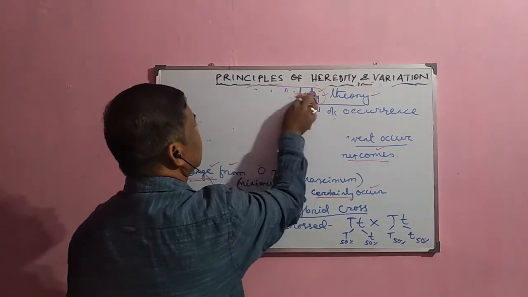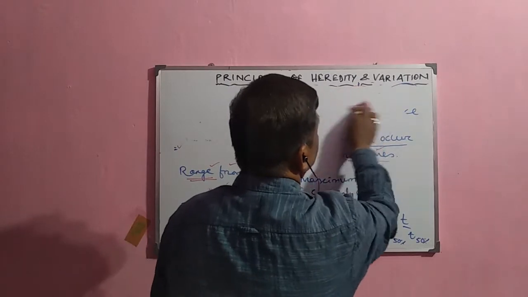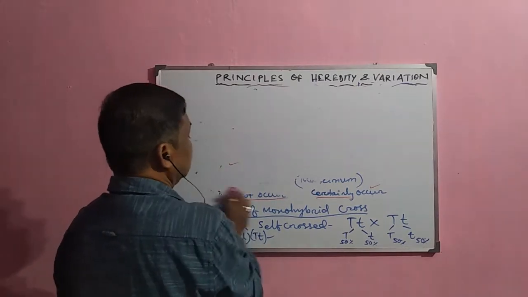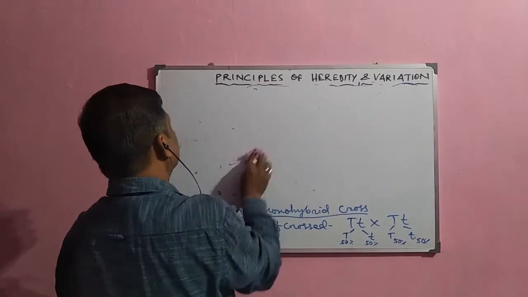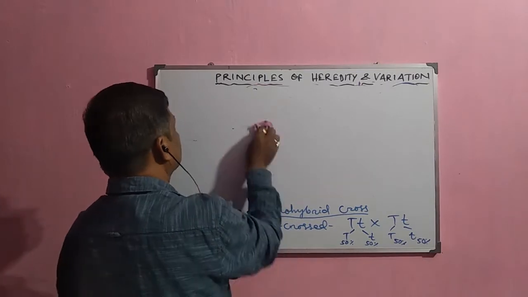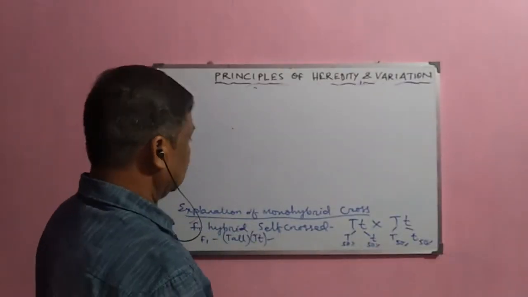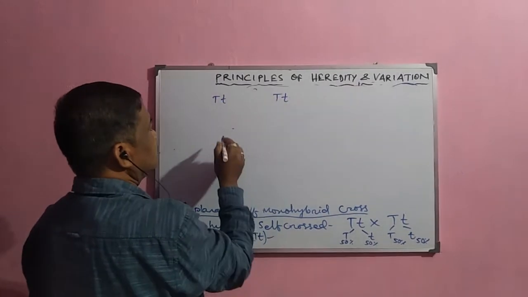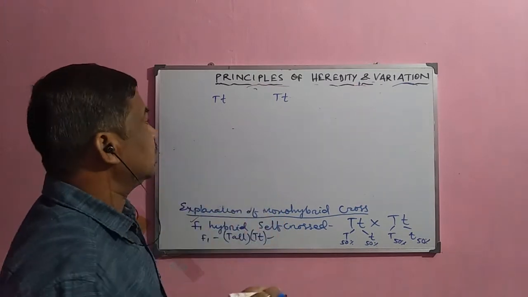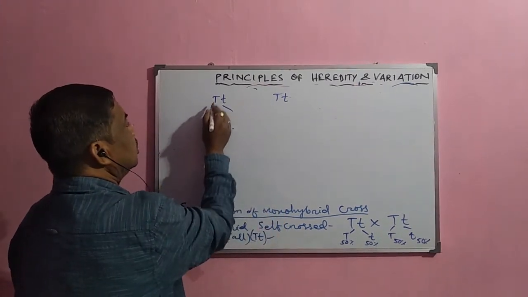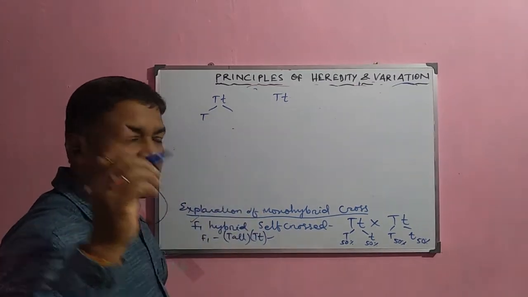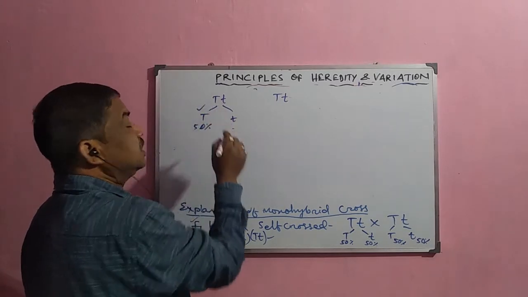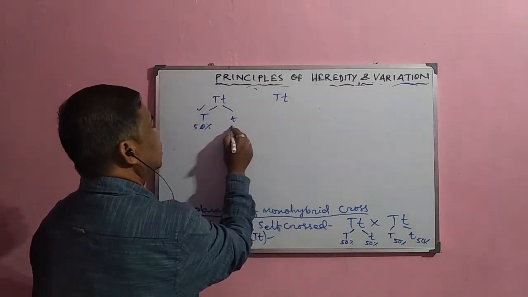This is the heterozygous one, and when this F1 hybrid crossbreeds among themselves, then what is the result he actually observed in his monohybrid cross experiment? Suppose it is capital T and small t, and again capital T and small t. Now, what is the probability of occurrence of the gamete? Either the gamete will be capital T type or small t type. Now, the chance of formation of this capital T type of gamete is 50%, and the chance of formation of